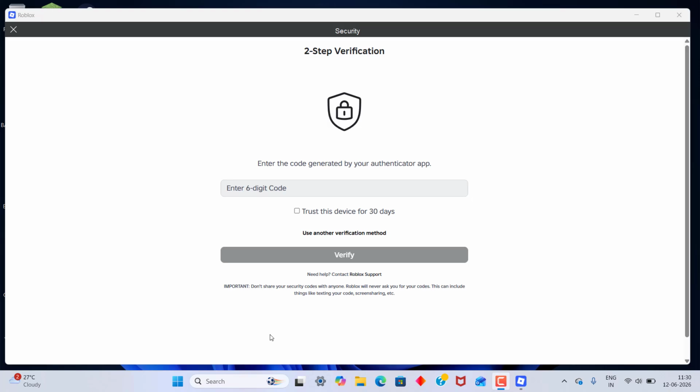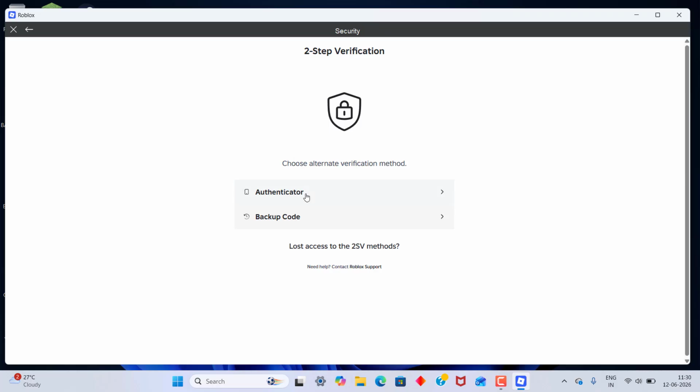How to fix Roblox not sending a two-step verification code? For this, we can go with use another verification method. Click it, and after clicking, you will see the backup codes are there. Click the backup code option